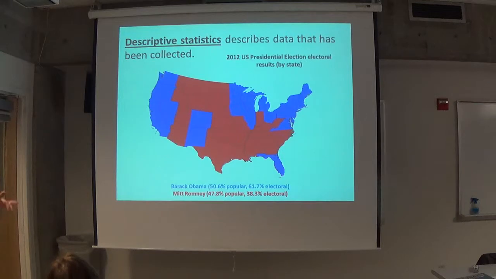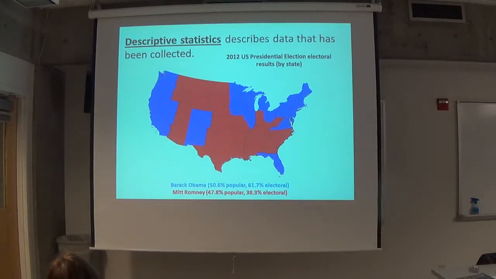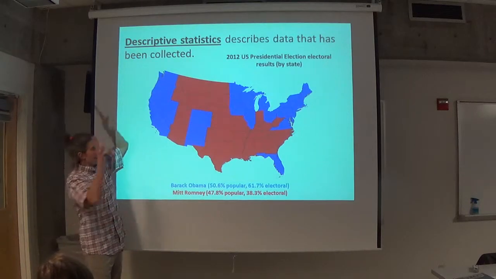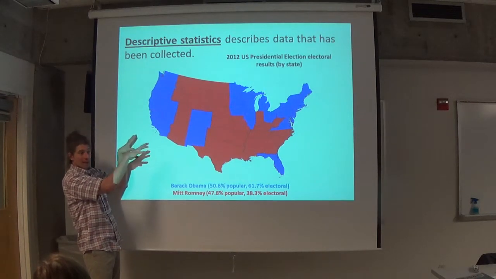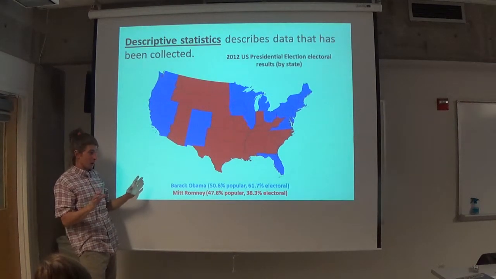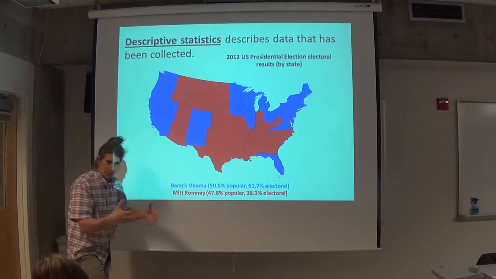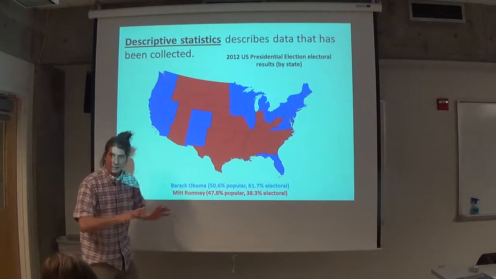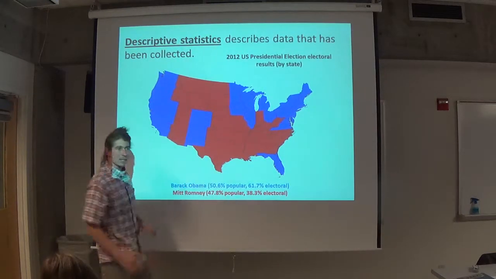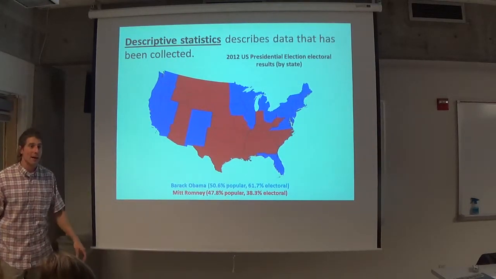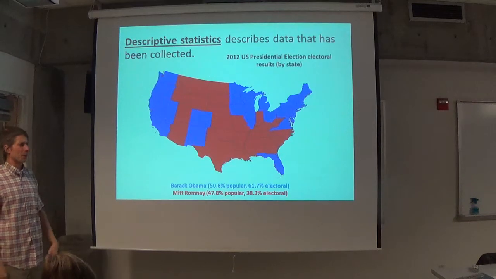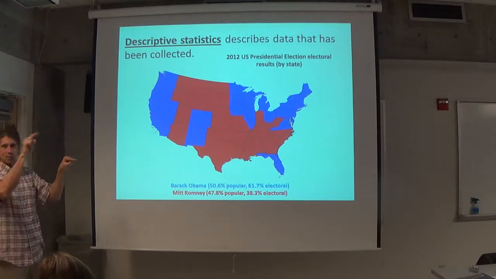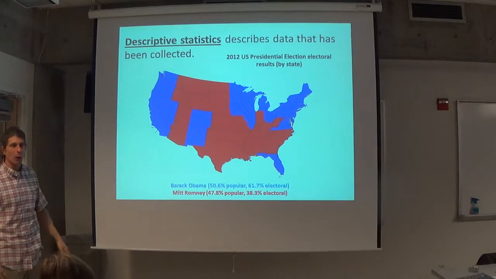Now, I want to pause for a second. I think you know why it looks like that. But I want to talk about why this is called descriptive statistics. This is data we've already had. The election was over in 2012. Months later, all the votes had come in. And then we simply collect them into a chart and then slap them up in some way, in this case, using a map of the United States. Which is, I think, more interesting than putting Delaware, boom, boom, Arizona, boom, boom, New Mexico, boom, boom. This is kind of more clever.